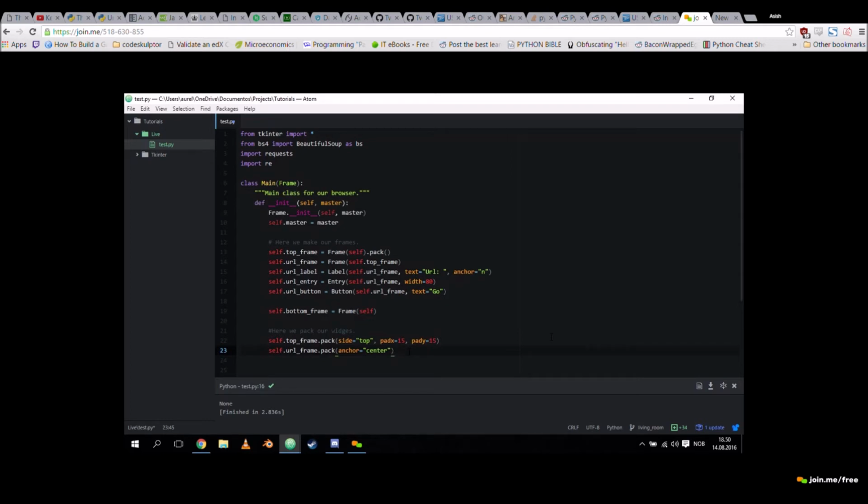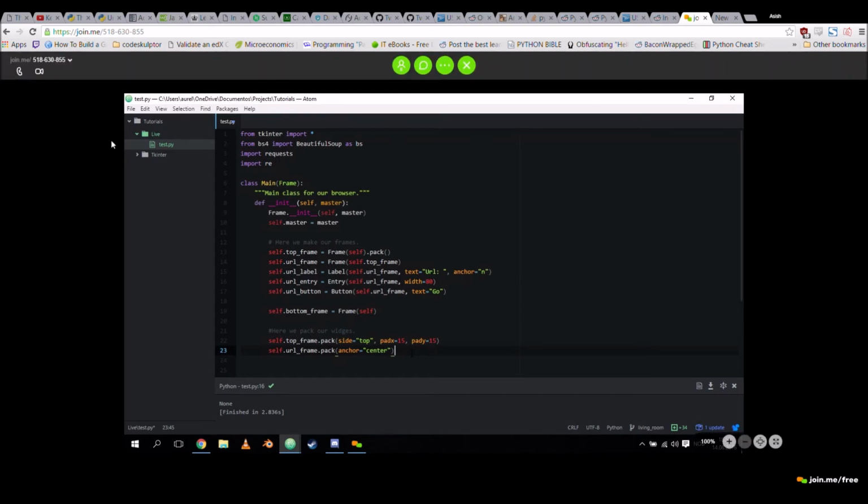I'm centering a frame here, so that can get a bit confusing. But I'm going to put all this up on GitHub, and the best way is just to play with it, really. All right. I think that's it. Right, we have an entry and we have a button we have to do as well. So let's pack it.